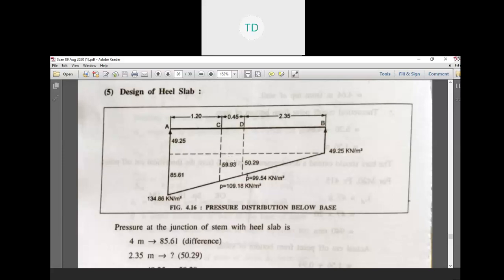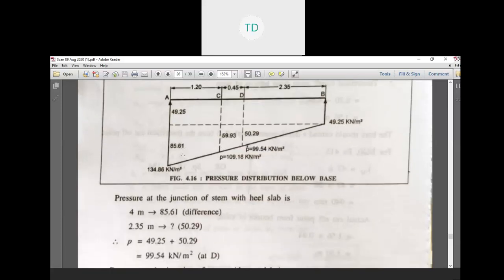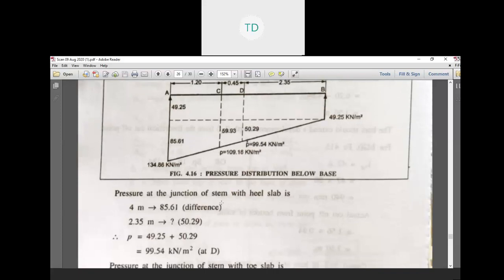Here we saw the diagram of pressure: maximum pressure, minimum pressure, and some particular pressures at the base points of the retaining wall. We discussed them as A, B, C, D, and this is the diagram as shown in this figure. Pressure at the junction of the stem wall